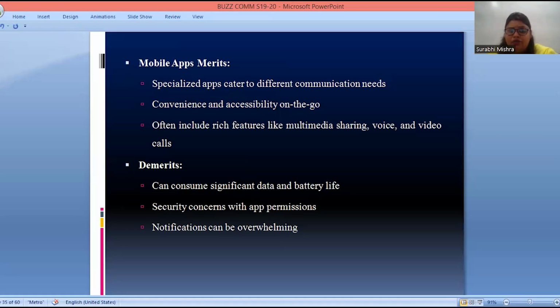As there are too many pop-ups on your mobile phones, it can be tiring for you, or at times you may not find it very comfortable, right? So we'll be discussing the demerits of the other communication tools also. We'll continue it further.